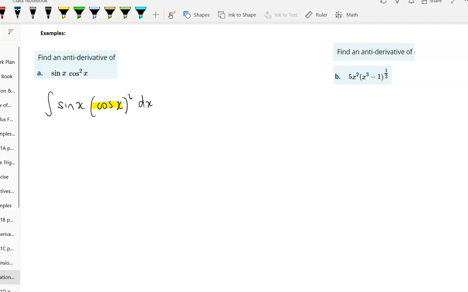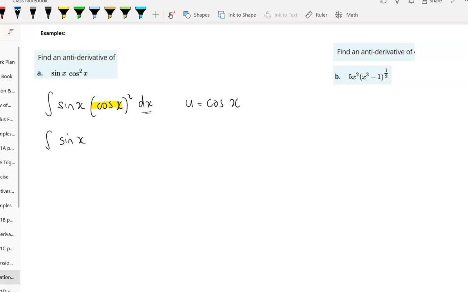In the videos you've seen already, or in the classes that you've attended, the traditional way that we do this is we let u be equal to that particular function. So we're going to let u be equal to cos x. Notice it's not cos x squared, it's just cos x. And then we're going to find the derivative. The reason for that is you'll notice that we've got this dx here on the end, but if we substitute out,